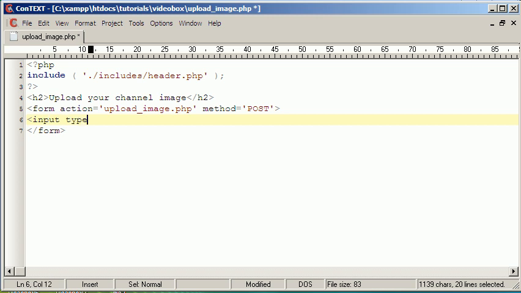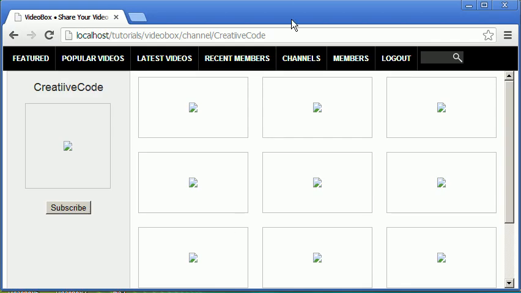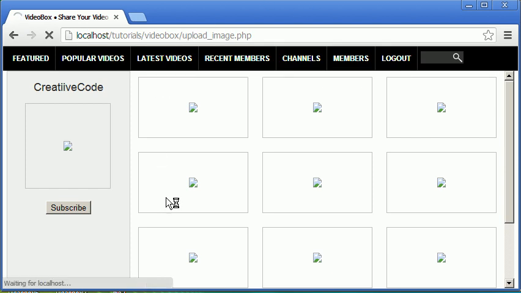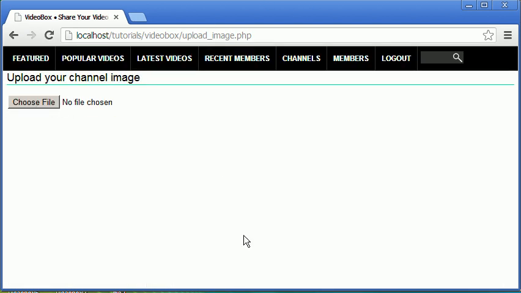The input type is going to be equal to file. The name is going to be channel underscore pic. The value is going to be upload your image. So let's see this. We just go to video box slash upload image.php, and we see here we have a file option,